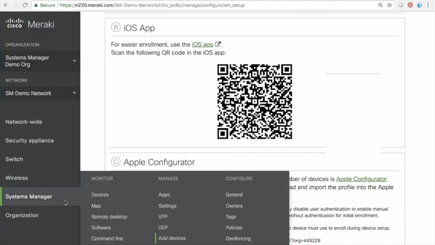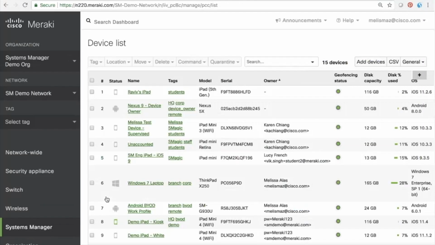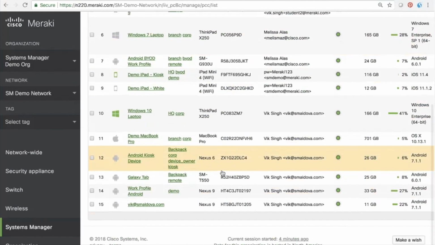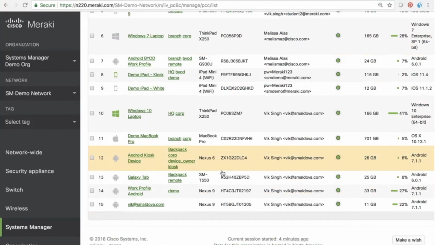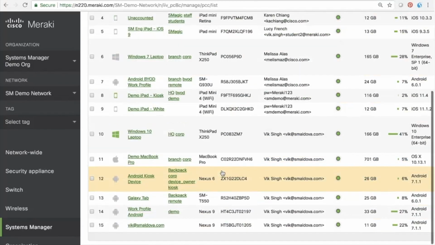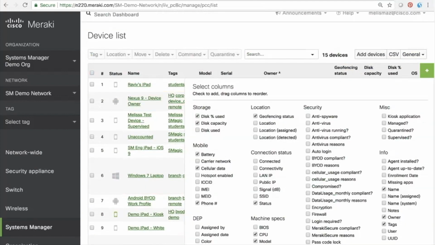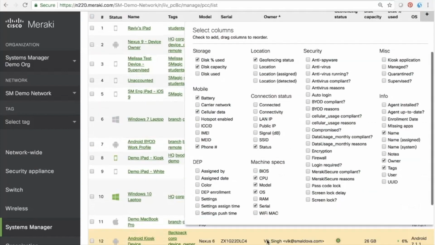So moving from the Add Devices page, once we do have devices enrolled in Systems Manager, we'll go to our main devices or clients page here. Here we're seeing a list of all the different devices that we have enrolled and are managing in Systems Manager. You can see the different device types here, the name of the device, model, serial number. If you're familiar with Meraki, this will be very familiar as a flex table where you can add or remove columns as you see fit to make this as impactful as you need it to be for a first glance,